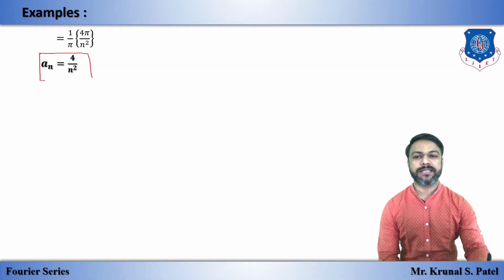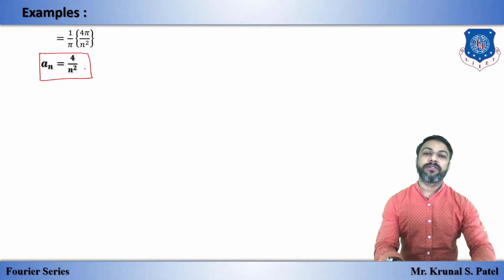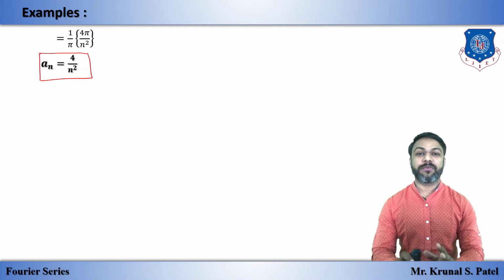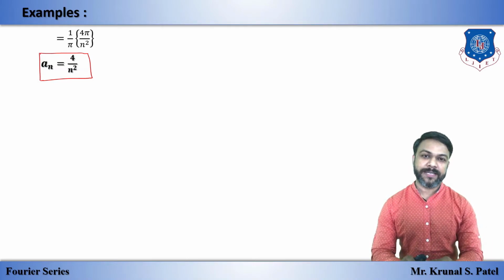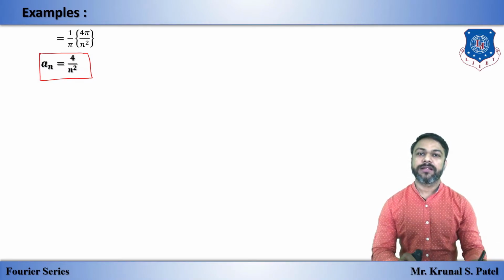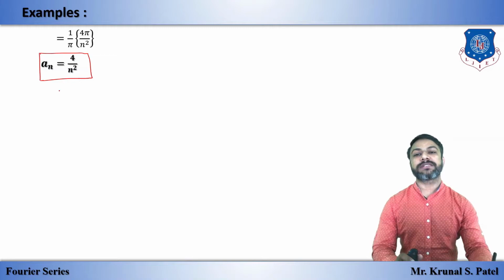So easy, and as I told, we will use mostly the first five formulas. If you have a printout, then you can see the first, second, third, fourth, fifth, and number 11 formula, that is the value of sine and cos, and formulas 16 and 17 at most. Okay, now we will start Bn.